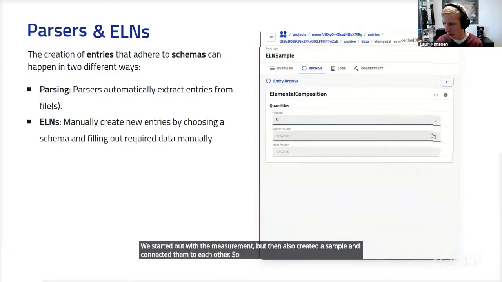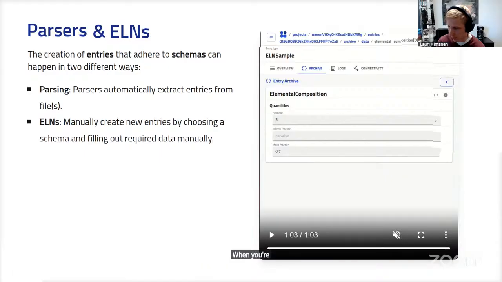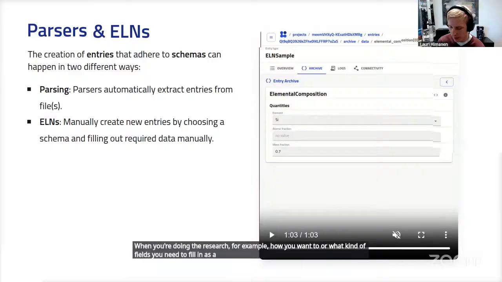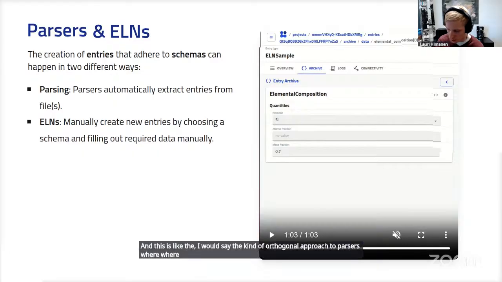So this is about you having full control over how you, when you're doing the research, for example, what kind of fields you need to fill in as a user. And this is, I would say, the orthogonal approach to parsers, where you need a human in the process of creating this data.